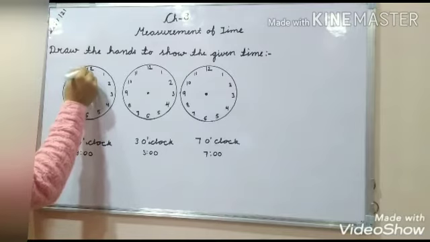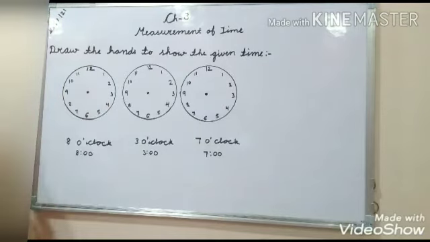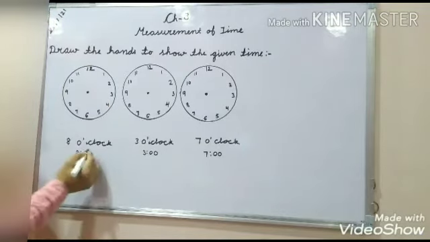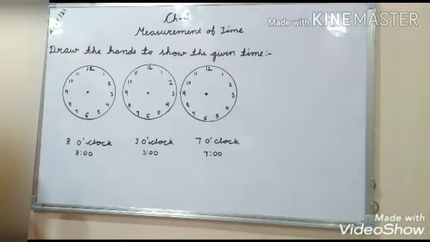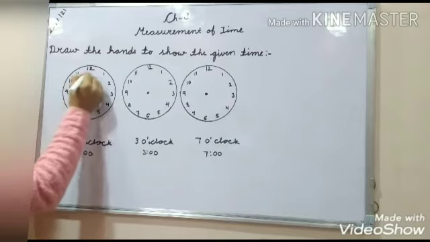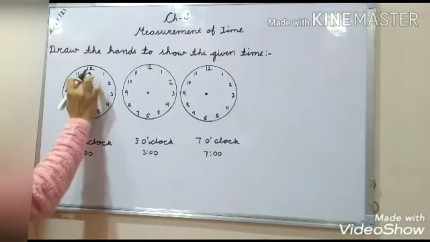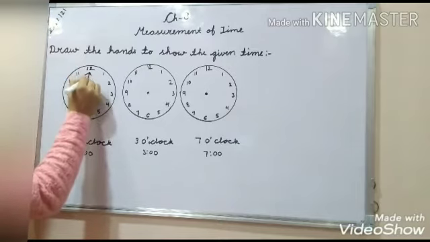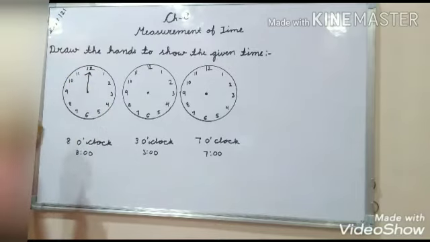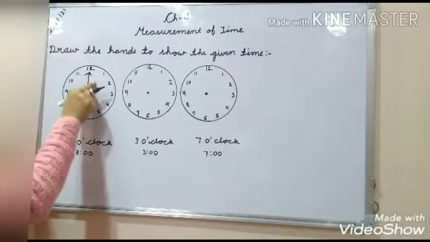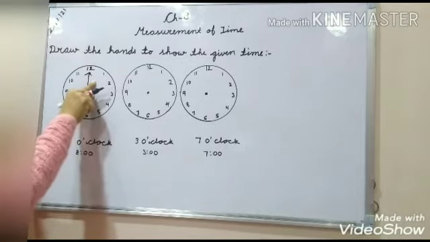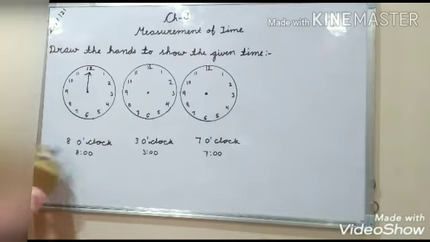Children, you must have remembered that in the last class I taught you that when the word o'clock is coming, you have to draw the longer hand or minute hand at 12. So be careful about it. O'clock means the longer hand will be at 12. Children, to draw the hands, you use a scale. You don't draw it by hand only. In your maths copy, when you draw the clock and when you are going to draw a hand, you use a scale only.